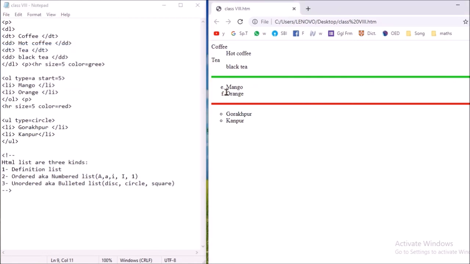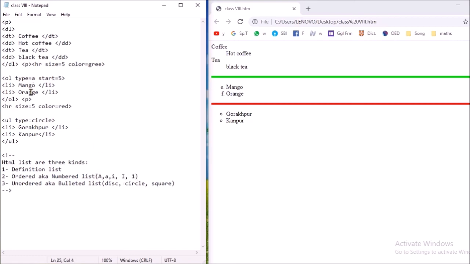Now it is e, f. So why e, f? Because you have started from 5. So the place value of e is 5: a for 1, b for 2, likewise e for 5. So you can use any. There are 5 types of ordered list.